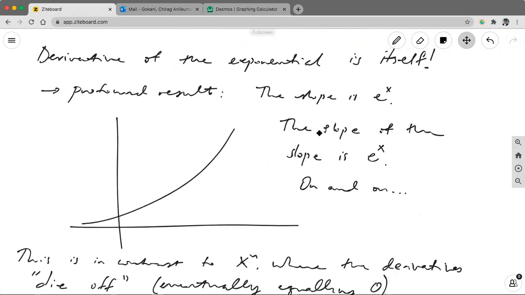But here they never do. You can take an infinite number of derivatives of e to the x, and you still get e to the x. So the slope of this is e to the x, right? The slope of e to the x is itself. And the slope of the slope is itself, and the slope of the slope of the slope is itself, and on and on. So you can go on, and you'll always get e to the x no matter how many